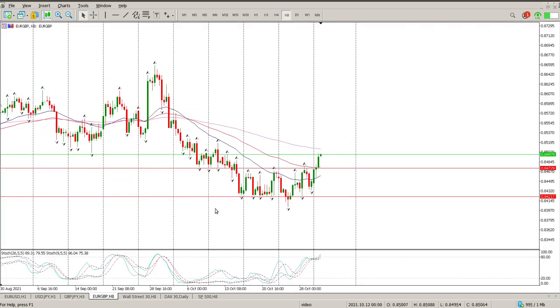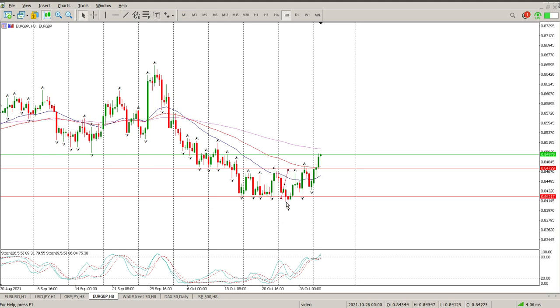And moving on to Euro British Pound, we have finally broken through this structure here, and as far as I'm concerned, this is an inverse head and shoulders. There is the shoulder, that is the head, and here is the other shoulder. So that is the structure. It's also a range. So what you're looking for is a move